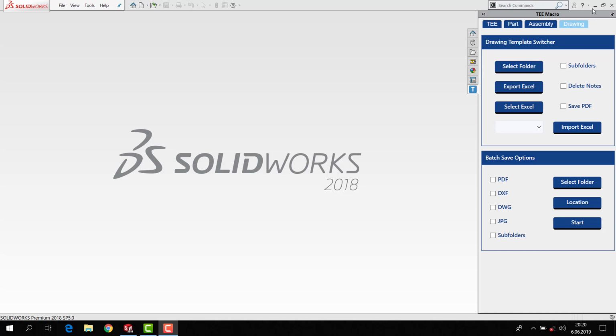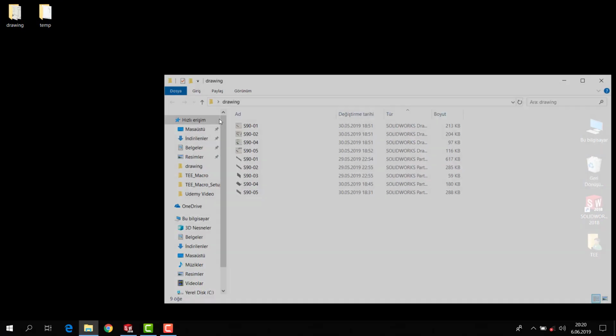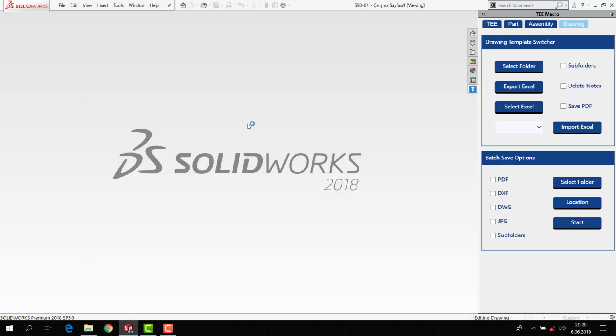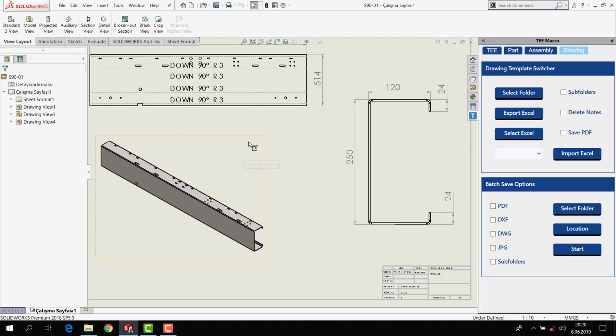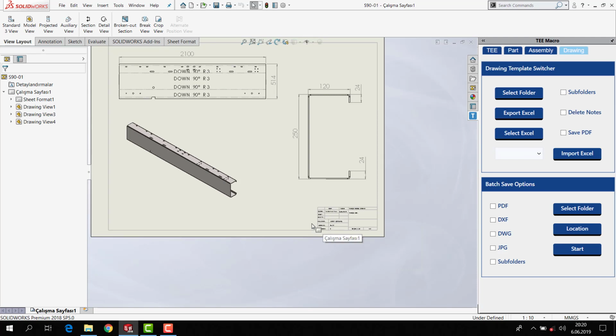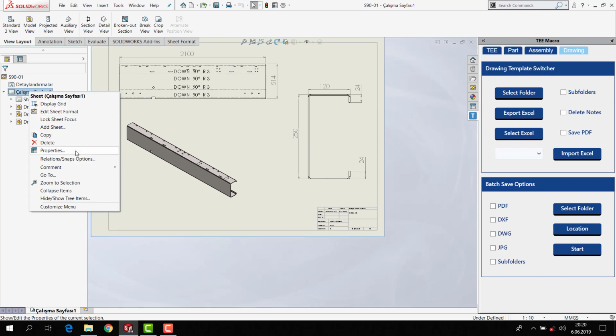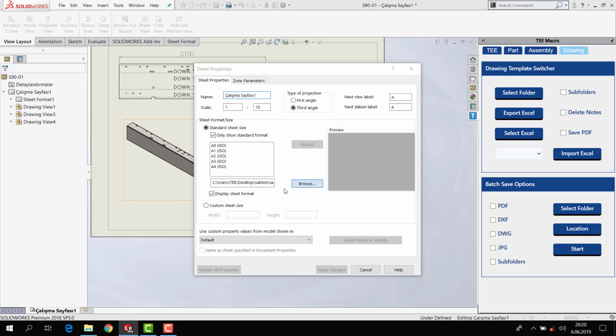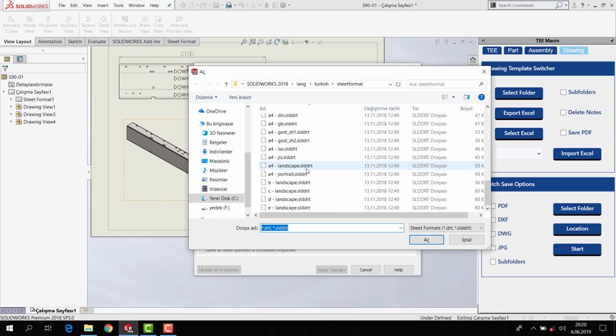And firstly I open example drawing and you will see the drawing and template. If you want to change template manually, you can select sheet and select properties and browse and select which you want, for example like this,